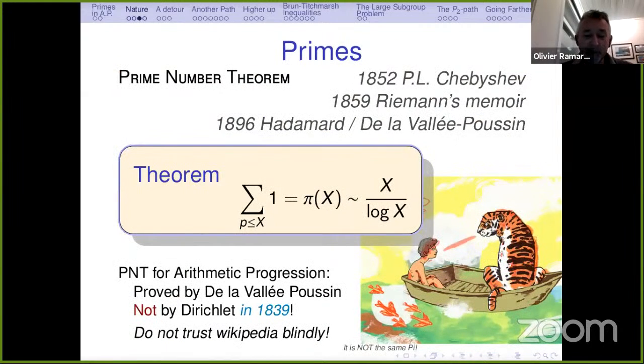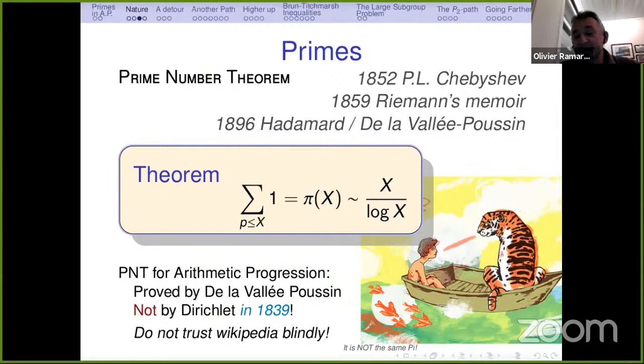Okay, in case some people forgot, the number of primes less than x is pi of x. It's about x upon log x. I'm also telling that because